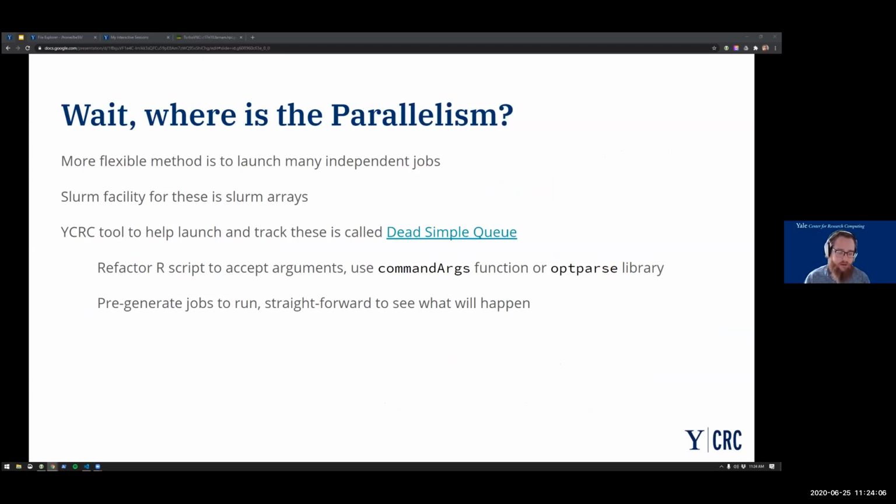Instead of deciding inside my R script how each of those files gets pushed out to the workers that I'm spinning up and how many workers I need to create, what I can do is write an R script that processes one file, and then all I need to do is figure out how to tell that script which file and vary that. And so I can write a really simple text file that just has a list of the commands that I want to run, and I hand that off to the scheduler, and the scheduler will take care of the rest.